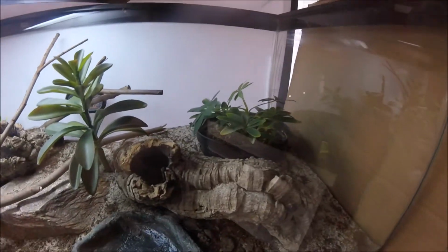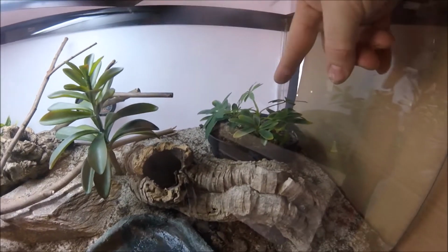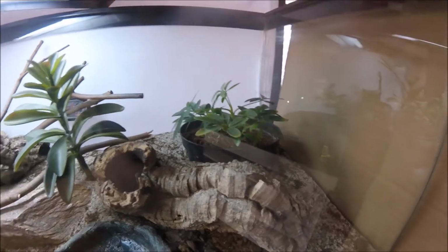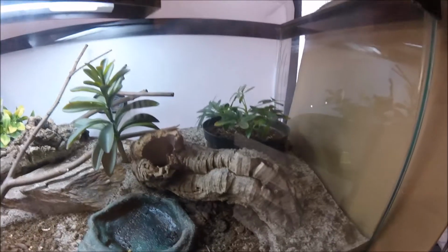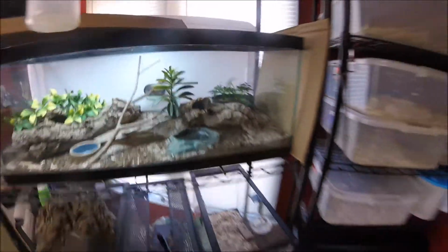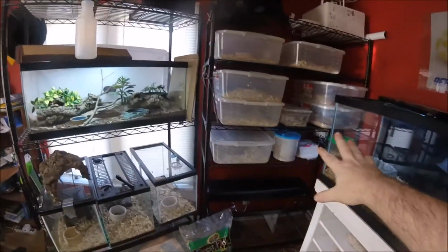Like I said in earlier videos, this is going to get pulled. This is where the moist hide / egg laying container is going to be, and again, you can see more of that in one of the previous videos. So that is this corner. Let's see what we got here. We got